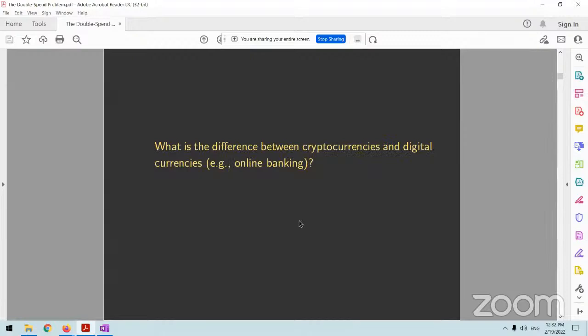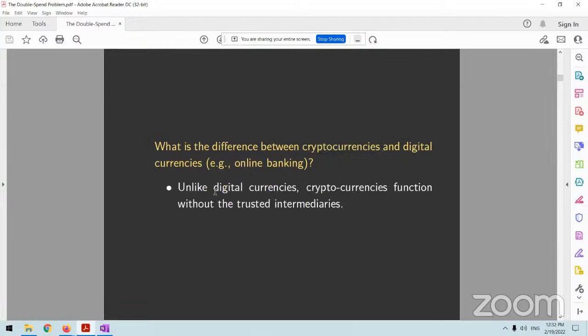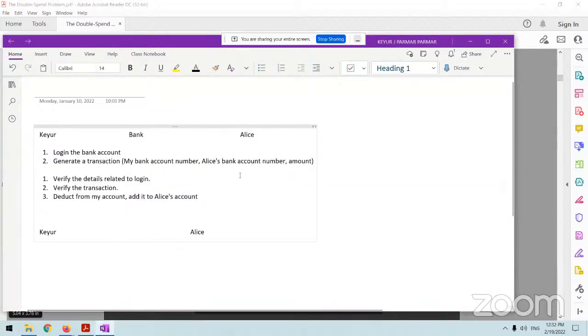The next question is, what is the difference between cryptocurrencies and digital currencies? The answer is, in cryptocurrencies, we do not have trusted intermediaries. Unlike digital currencies, cryptocurrencies function without trusted intermediaries such as banks. In this scenario, as these parties want to communicate and there is a bank as an intermediary, what we want is to facilitate peer-to-peer